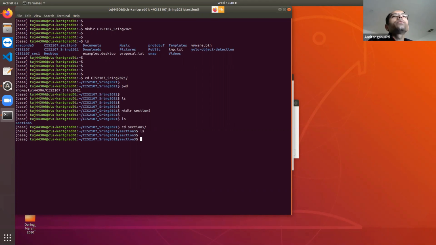So for opening a file, I need to use some editor. Okay. In Linux, editor means where we are going to write your program. It's similar to Notepad in Windows. Okay. So in Linux, you need to use an editor where you can type your program. So there are different types of editor. One is gedit. Other than that, you have NEdit, VI, Vim, GVim. Different types of editors are there. So you can use any editor that you feel is convenient.